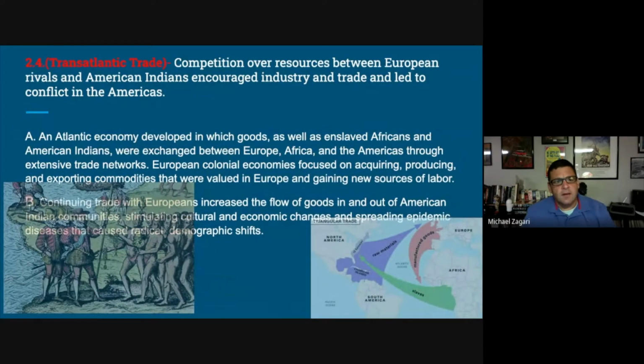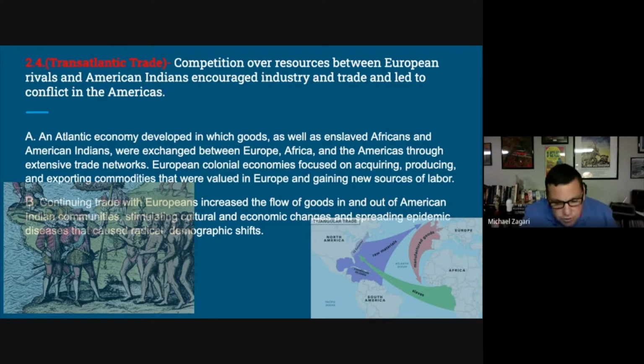Okay, now as we look at them as individual regions, now we look at the 13 colonies as a whole, and that's in 2.4 with the transatlantic trade. So now we're going to start to see that the British colonies are going to be part of this trade route with Europe and Africa. So the colonies are going to provide the raw materials from the colonies. The colonies become this